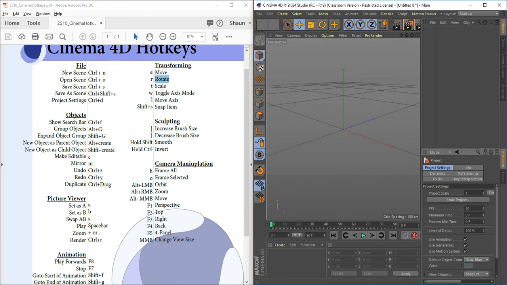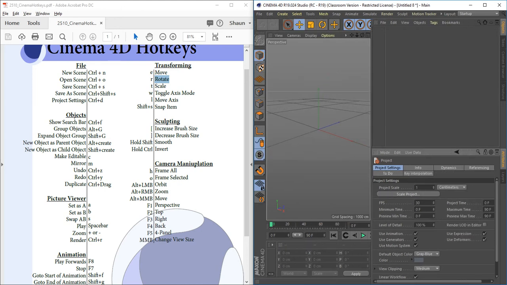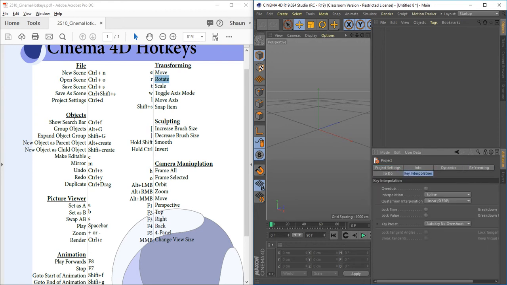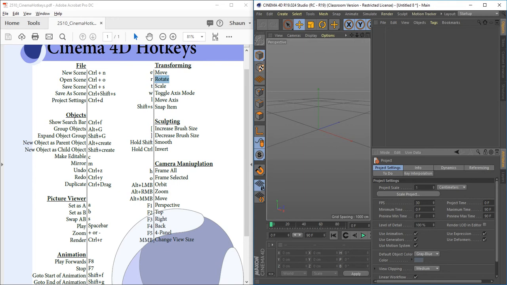Control D, project settings. We haven't had to play with this too much, but down here on the bottom right, when I hit Control D, this is where it shows me all the settings for this specific project that I have open. So things like how many frames per second, that's important. If I'm animating a character at 24 frames a second versus 60, that would play a huge role in my stuff. Also things like